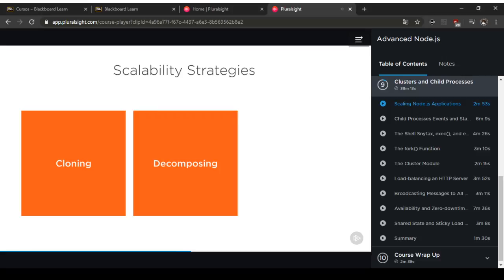But we can also scale an application by decomposing it based on functionalities and services. This means having multiple different applications with different code bases and sometimes with their own dedicated databases and user interfaces. This strategy is commonly associated with the term microservice, where micro indicates that those services should be as small as possible. But in reality, the size of the service is not what's important, but rather the enforcement of loose coupling and high cohesion between services. The implementation of this strategy is often not easy and could result in long-term unexpected problems, but when done right,